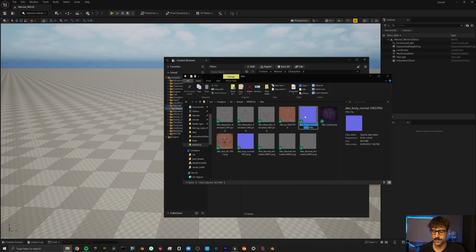So then for this one, we'll do Alex normal .1002, because that is the body. So now let's do the face. So I'm going to rename this as Alex base color .1001, because that is the face. And then we'll grab the face normal and name that Alex normal .1001. All right, now that we have our characters and our outfits ready for texturing, let's jump into Substance Painter